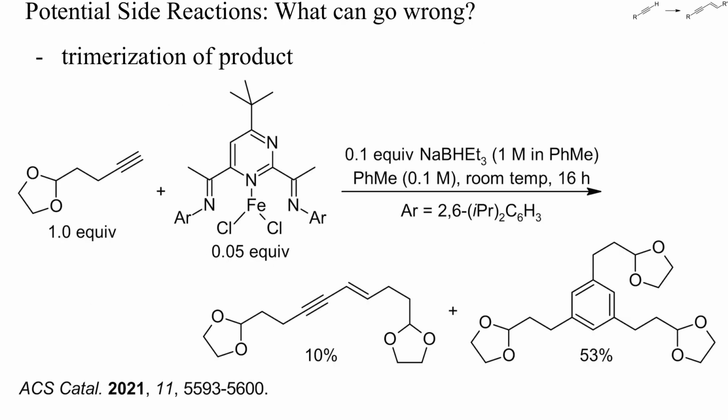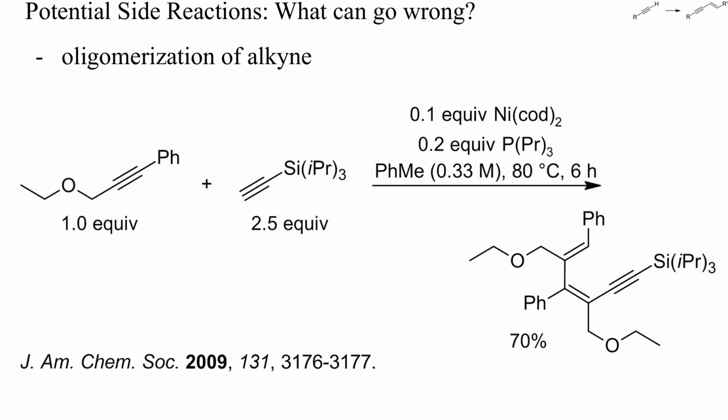Let's now check some potential side reactions. During transition metal catalyzed alkyne dimerizations, the starting alkyne may also trimerize or oligomerize. Here, for instance, mostly a trimer was obtained, not the expected enyne. This here is an example of the formation of a mixed trimer from two different starting alkynes. It is sometimes surprising that one main product can be isolated at all in view of the many possibilities, and the correct identification of products can also be difficult, as in this case.